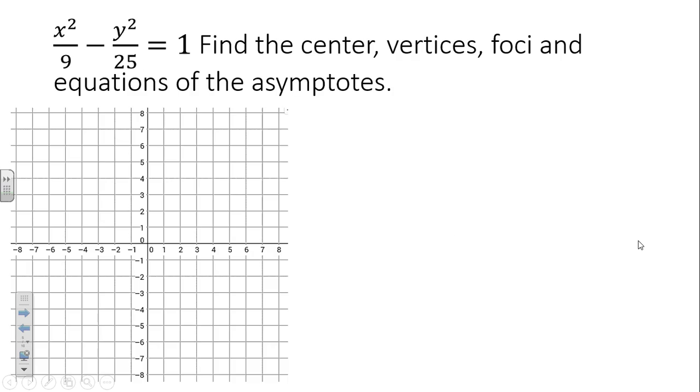So we'll start out with something fairly basic. This first hyperbola is x squared over 9 minus y squared over 25 equals 1. What's the center? The origin 0, 0. Okay, so we know the center is the 0, 0, the origin. And is this a vertical or a horizontal hyperbola? Horizontal because the